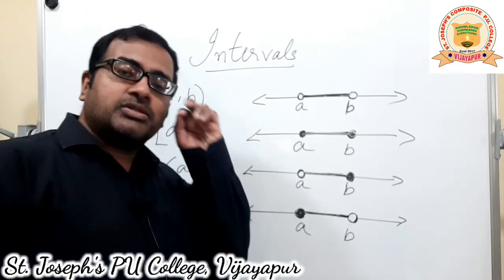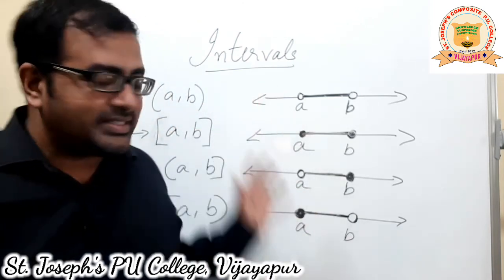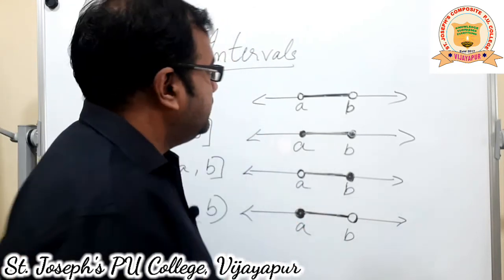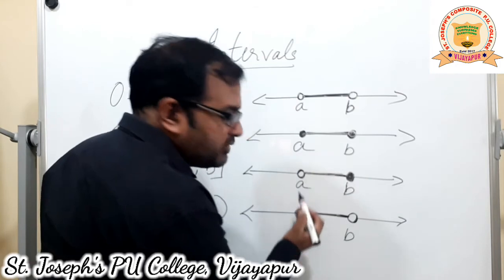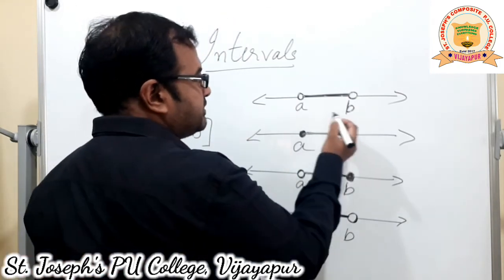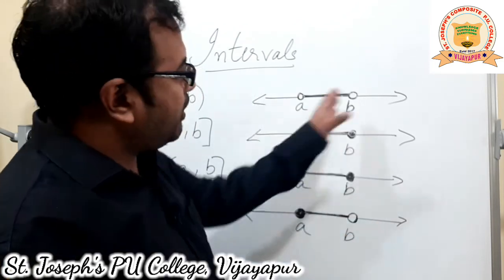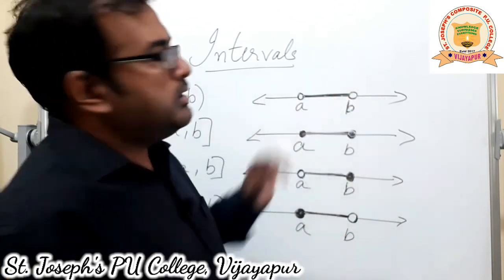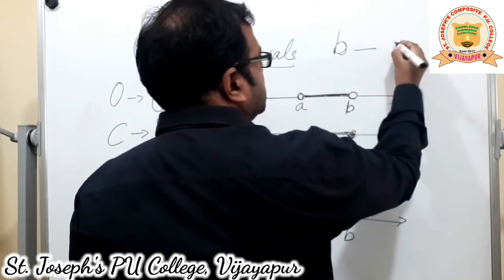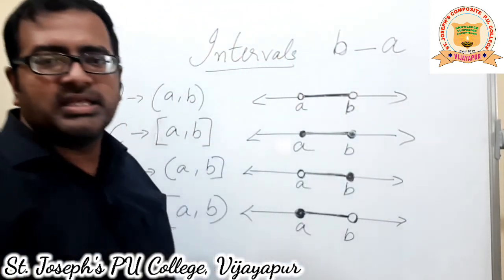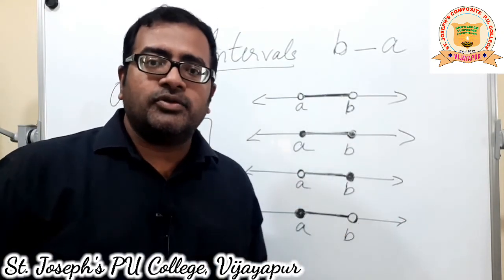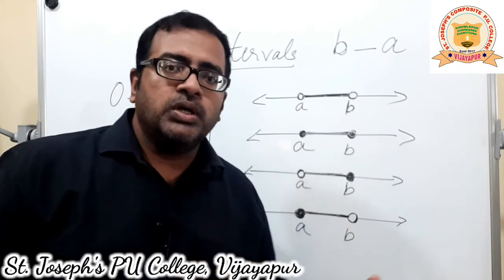Okay. And the last point you should remember about all this is the length of the interval. Whenever we talk about length of the interval, we will not mind any difference between all these four. There will be no difference. The length is always given by the upper limit minus the lower limit, or the higher upper bound and the lower bound. The higher bound is b, subtract the lower bound a from that, b minus a. When you subtract, that answer what you get is the length of the interval. All the four, there is no difference.